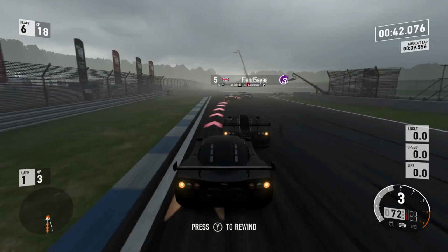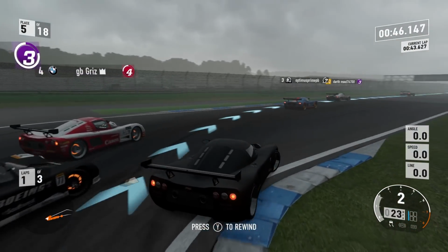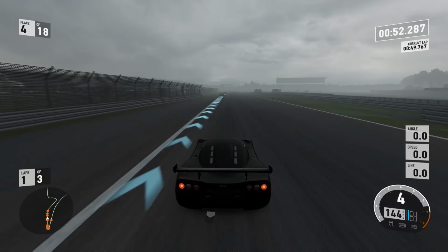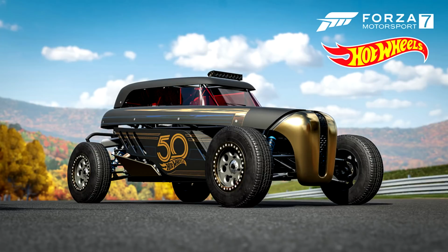But right now, guys, a brand new free DLC is coming to Forza Motorsport 7. Although it is Hot Wheels, it's still free cars, and I am excited. So without further ado, let's go ahead and take a look at the cars that we have got coming this week. So starting things off, we have the Hot Wheels Rip Rod 50th Anniversary Edition, and I kind of like